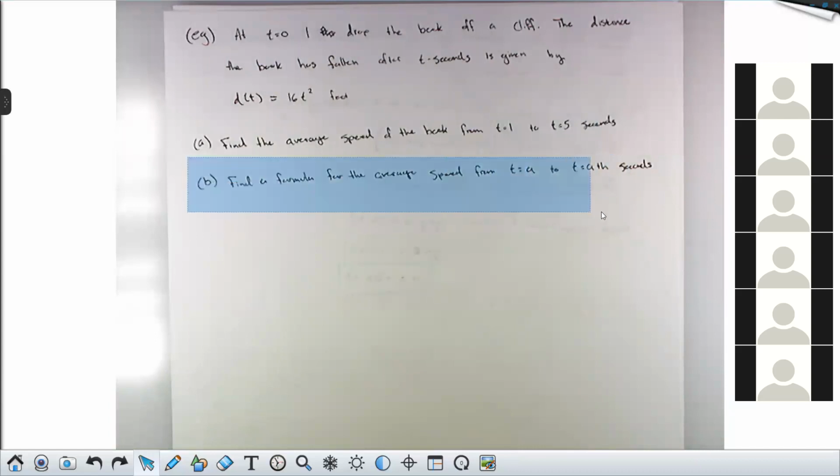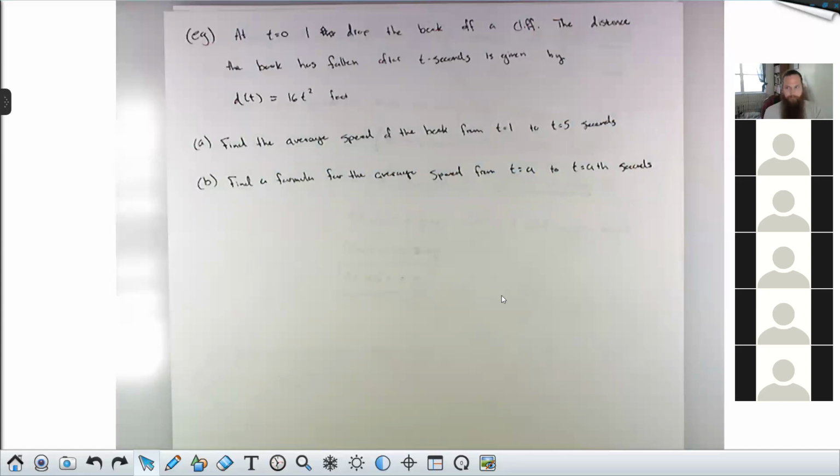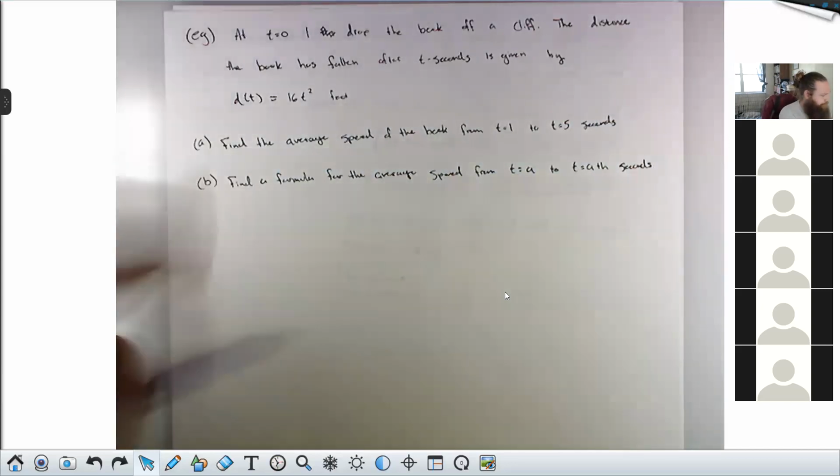The object we're constructing in part B is the difference quotient. But first, let's go ahead and knock out the easy one. Are there any questions about what it is we're doing here? Okay, so for part A,